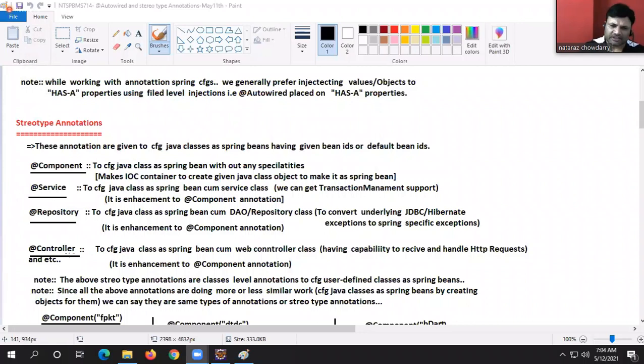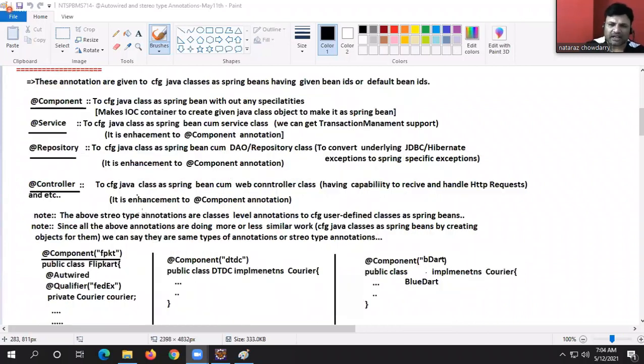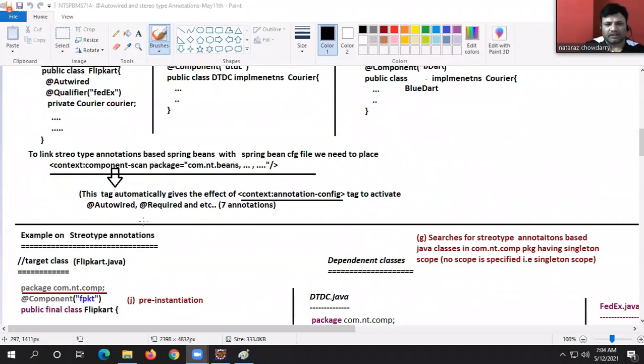And all these annotations should be applied at what level? Class level. All these annotations should be applied at class level. Then we have seen, once these annotations are applied at class level, especially on user defined classes, how does the IOC container know there are so and so classes annotated with stereotype annotation? So you have to inform the IOC container through an XML file: go to so and so packages, scan for the classes that have stereotype annotation, and make them as